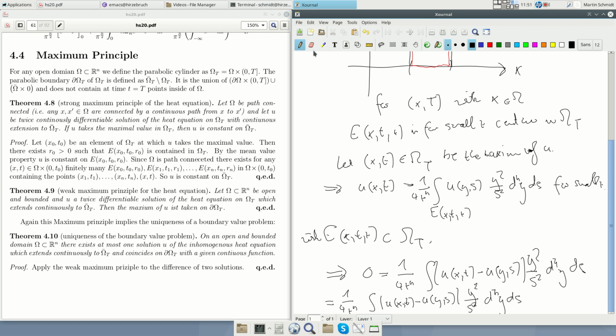Sorry, here this factor we have to correct. This is y minus x squared over s minus t squared dy ds, and here the same, y minus x squared over s minus t squared dy ds. Okay, and since this is 0, this implies clearly